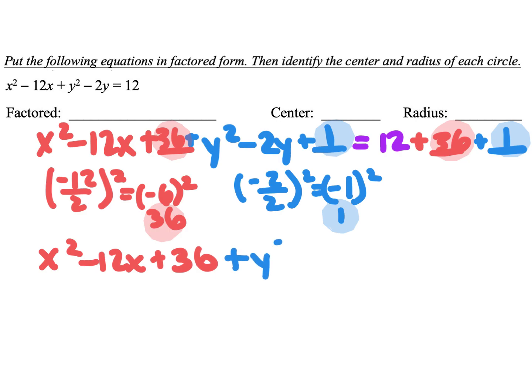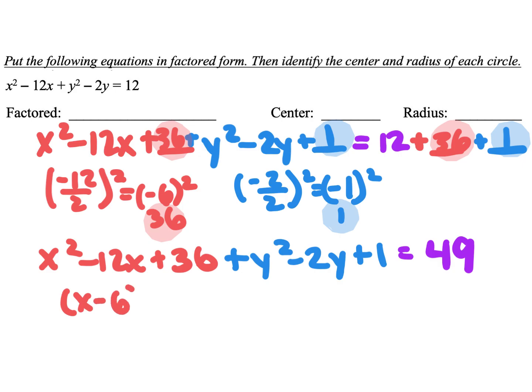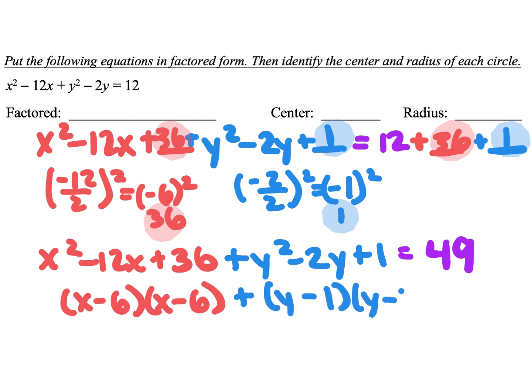Now if I simplify, I have x squared minus 12x plus 36 for the x part. The y part is y squared minus 2y plus 1. And then if I combine 12 plus 36 plus 1, you get 49. So now if I factor, it's going to be x minus 6 times x minus 6 for the x part. The y part is y minus 1 times y minus 1